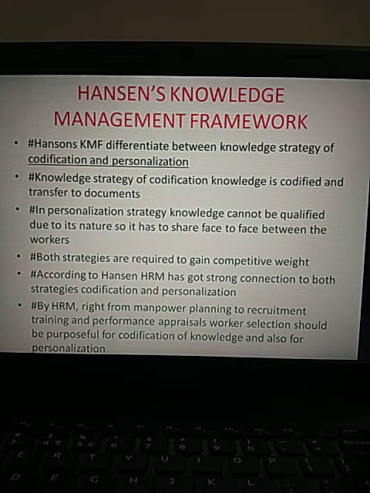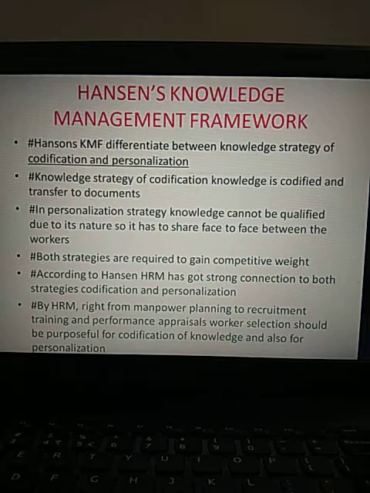So in the last class we discussed one of the famous knowledge management frameworks, known as Hansen's knowledge framework. Here he distinguishes between codification and personalization of the knowledge. Okay. Now today we go for one more knowledge management framework